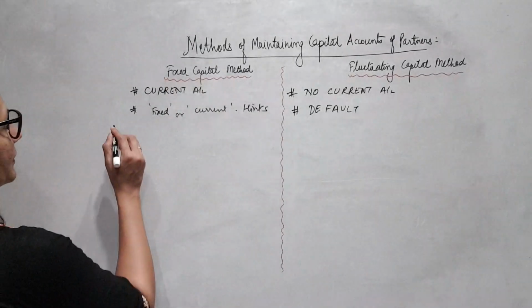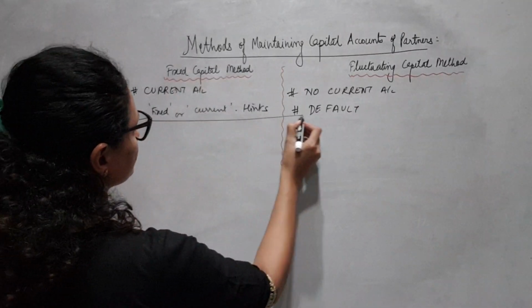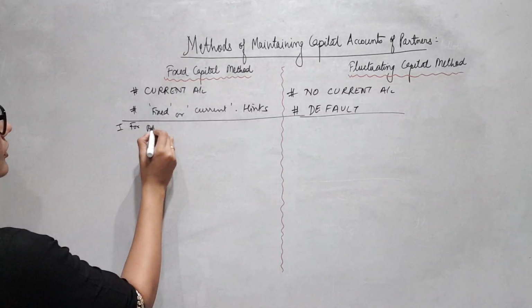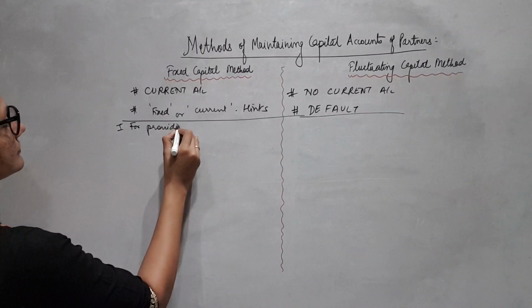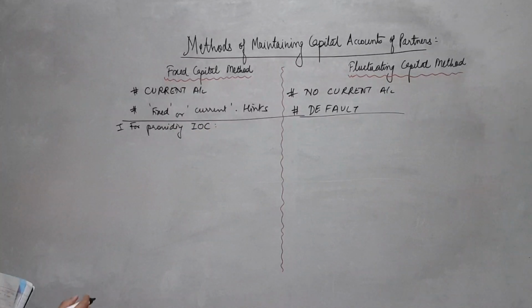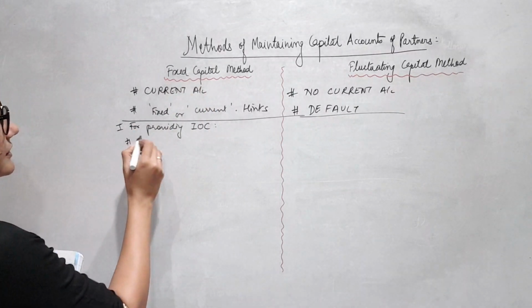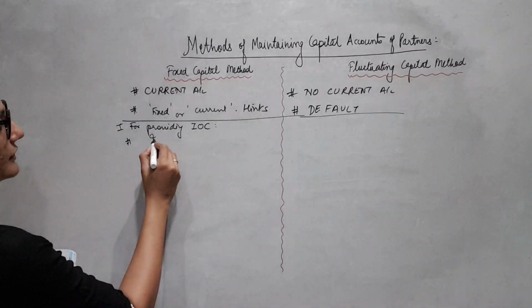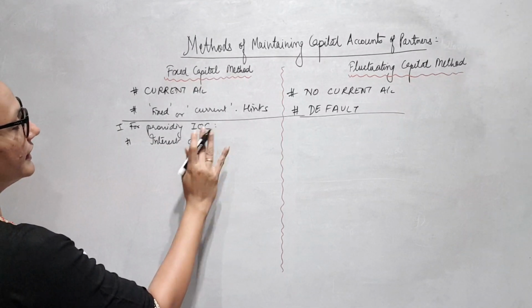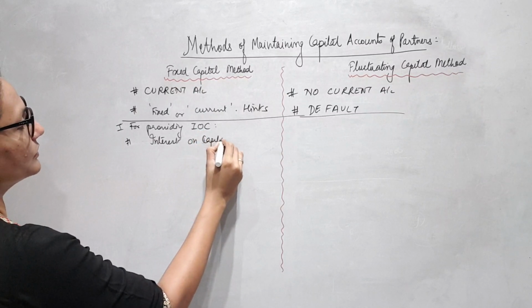Let's see. Number one. For providing interest on capital. Here in this, of course, interest on capital has to be debited. That is for sure. Interest on capital account debit,